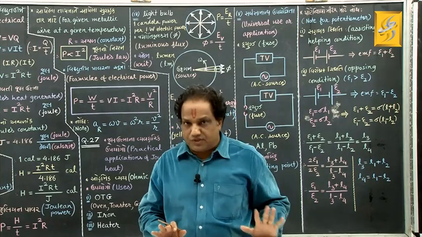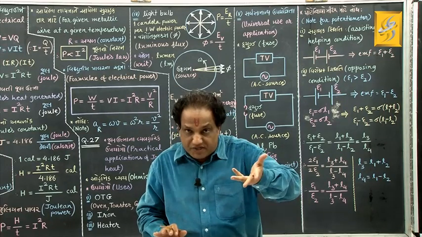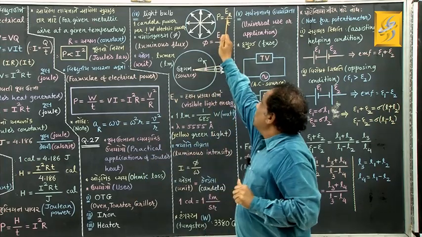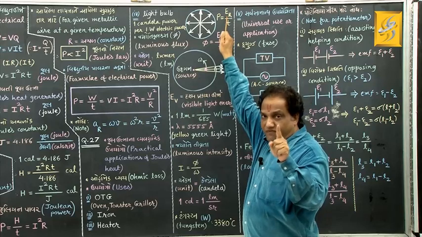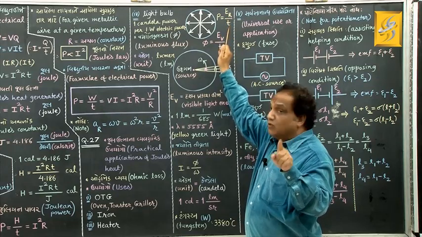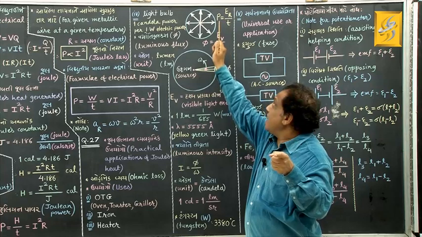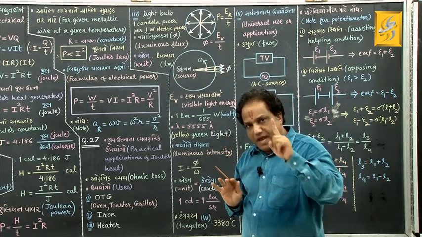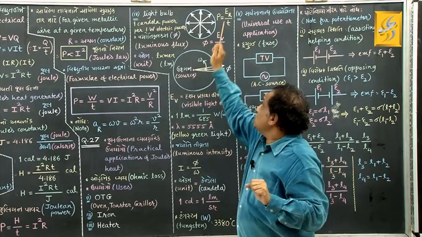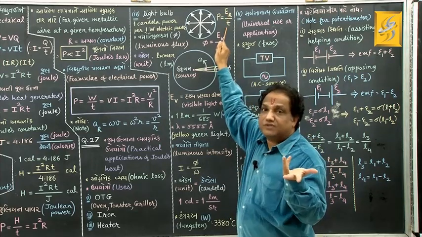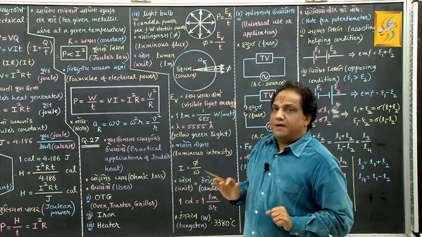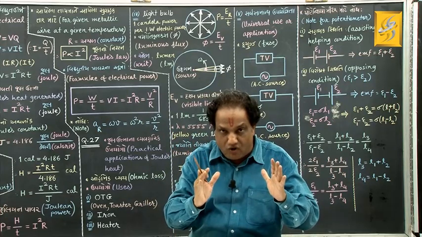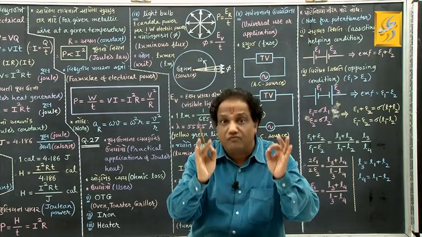Now, for that source, how is the power of radiation defined? It is defined this way: total light energy emitted from a given source per unit time is called power of radiation for that source. Simple. And its SI unit is joule per second, that is watt. Simple. Now, we restrict our discussion only to that source which emits visible light,